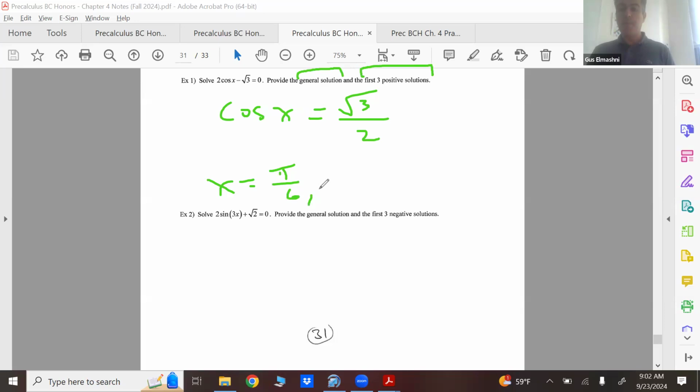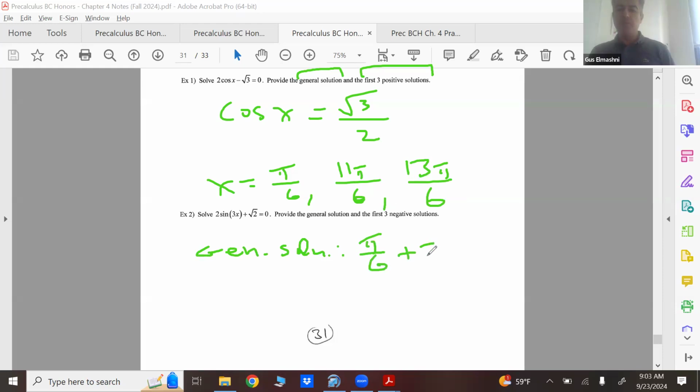Where else does it happen, guys? Well, no. Let's go counterclockwise. No, it's negative 11 pi over 6. Okay, where else does it happen? 13 pi over 6. Are those my first 3 positive answers? They are. And my general solution is going to be pi over 6 plus 2 pi n,